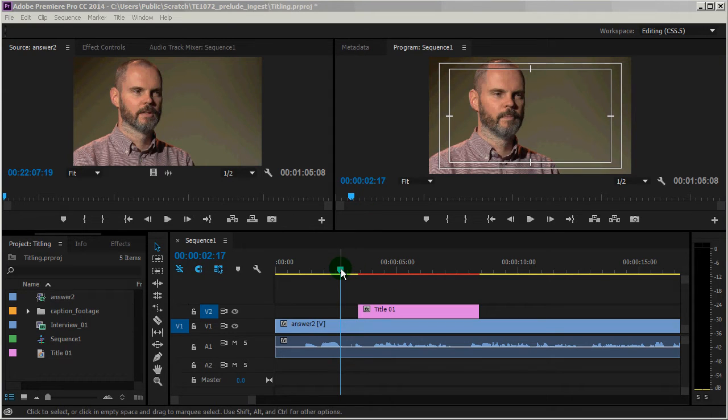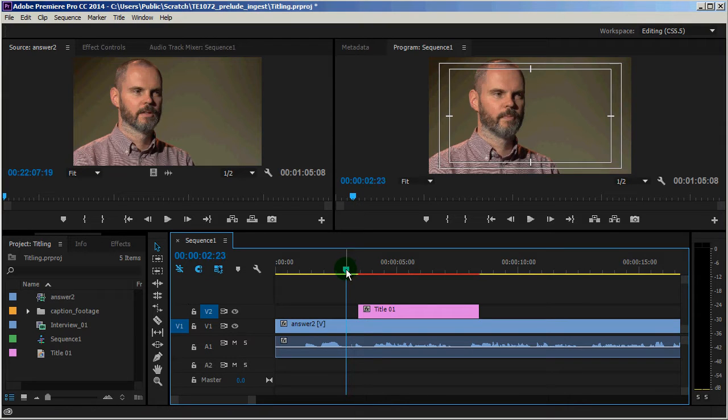So now that we've positioned this title on the sequence, there's a couple of other things that we need to know about it, and a couple of other things we can do with it. One thing to observe is that we have the red line here at the top of the sequence window, and that means that the title needs to be rendered. So at the moment, as I play through the title,